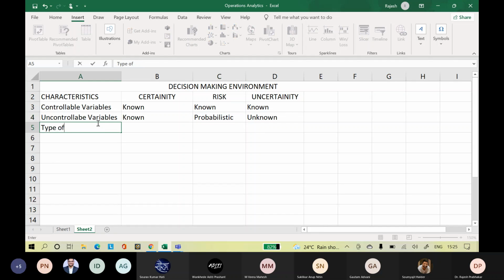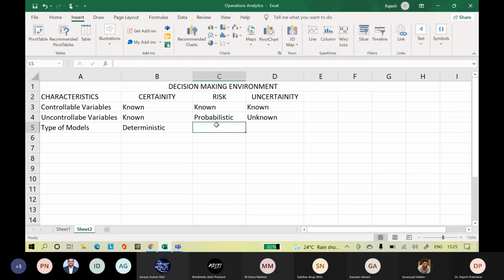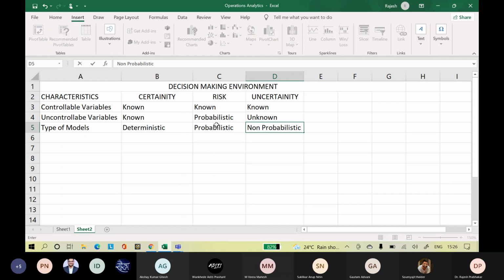Then the type of models which we use in certainty, we call them deterministic models. We use deterministic models in certainty, probabilistic models in risk, and non-probabilistic models in uncertainty.